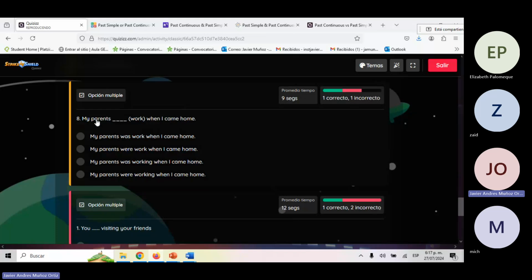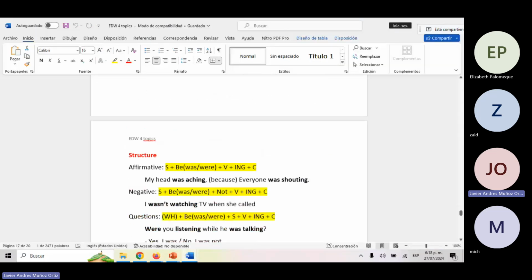My parents, once again, who are my parents? My parents are they. Therefore, the verb to be must be were, sorry, the conjugation. So we have two possibilities. My parents was work? No. My parents were work? Maybe. My parents was working? No. My parents were working? Maybe. One of these two, option B or option D. But let's remember that